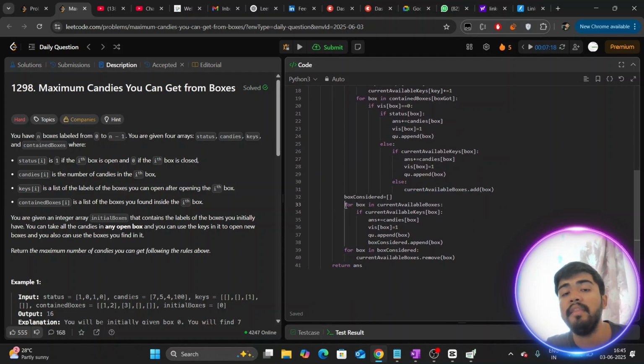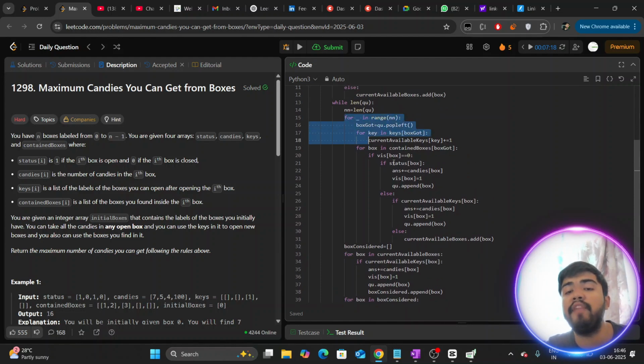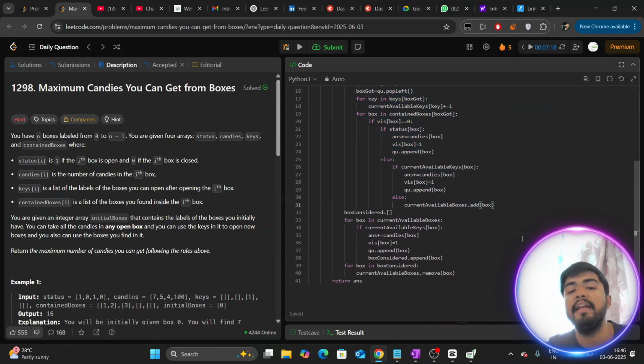And now, after this entire level we have flushed out, we run a for loop over our available boxes. So we will check what are the available boxes we have, and I will check if for any available box we have the keys. So I'm iterating for box in current available boxes, and I'm checking if the key of that particular box is present. Then same case. Increase your answer by candies of that particular box. Mark it visited. Add it to your queue and consider that box. This box is already considered because we have just pushed it to my queue. So I am adding it to my boxes considered